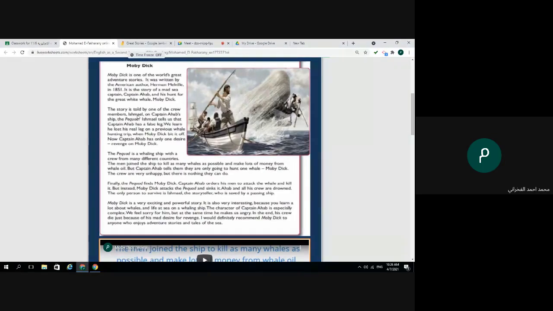He is one of the crew on board of the ship. Thanks. What is the name of the ship? You can find the name of the ship. Moby Dick is the name of the great white whale, not the ship. What is the name of the ship?